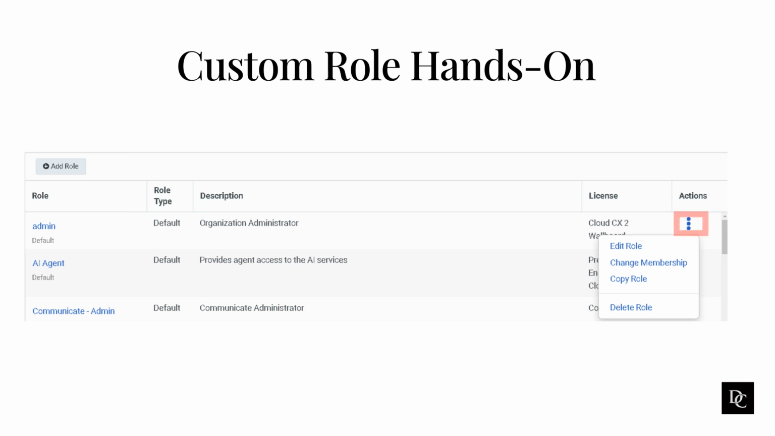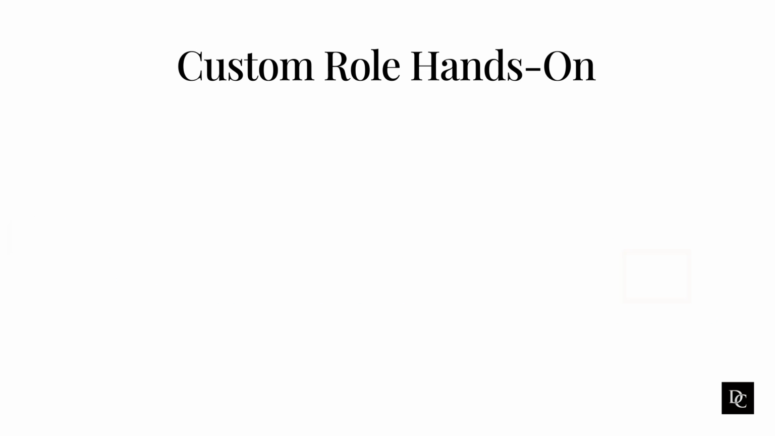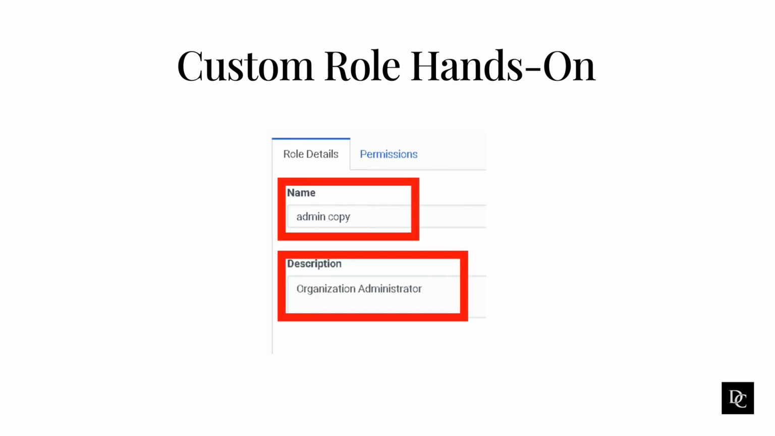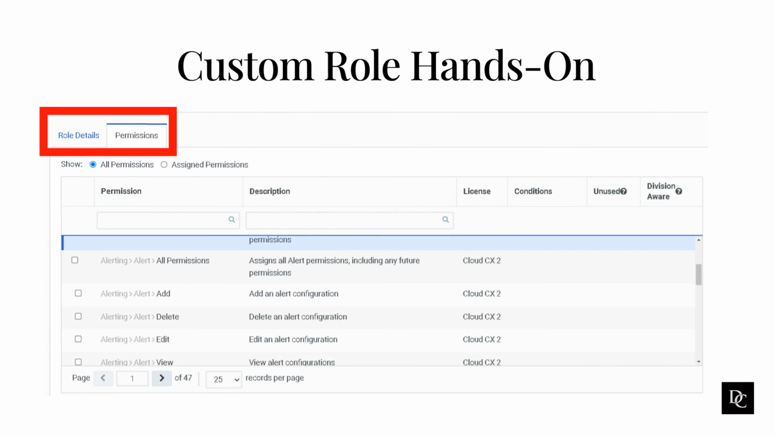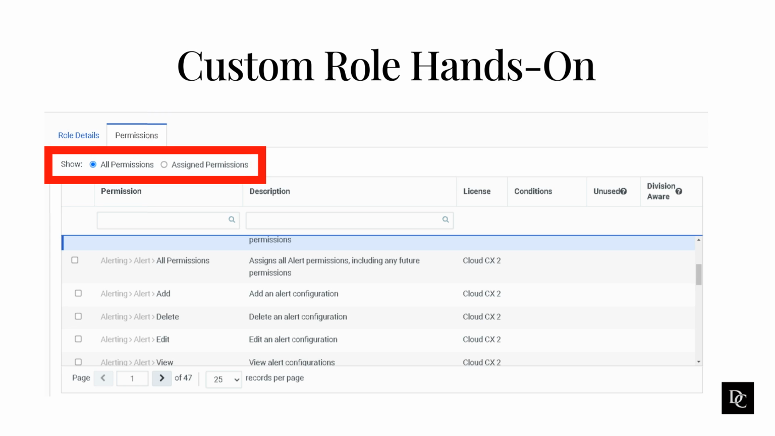A box pops up where you will select Copy Role. You will then be redirected to another page to configure the new role. In the new page, be sure to give it a name and description that clearly states what this role will accomplish to avoid confusion. Toggling to the Permissions tab allows you to remove or add permissions. As you are adding permissions, you can show assigned permissions in order to review what has been assigned to this